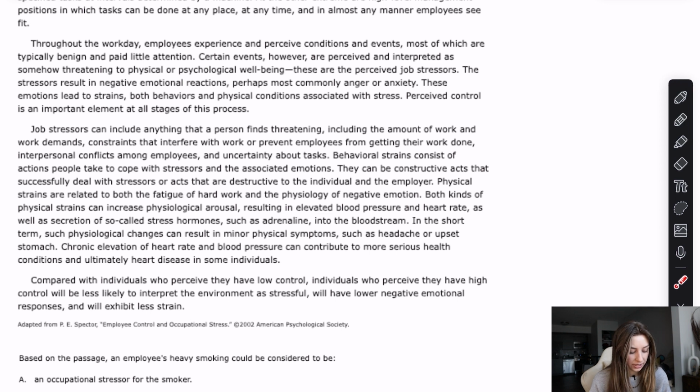Both kinds of physical strains can increase physiological arousal, resulting in elevated blood pressure and heart rate, as well as secretion of so-called stress hormones such as adrenaline into the bloodstream. In the short term, such physiological changes can result in minor physical symptoms such as headache or upset stomach. Chronic elevation of heart rate and blood pressure can contribute to more serious health conditions and ultimately heart disease in some individuals. So this is a weird paragraph to me because it sounds like they're just defining a bunch of